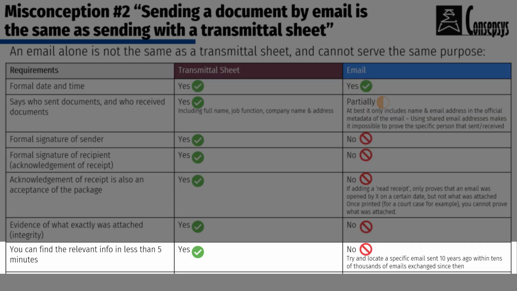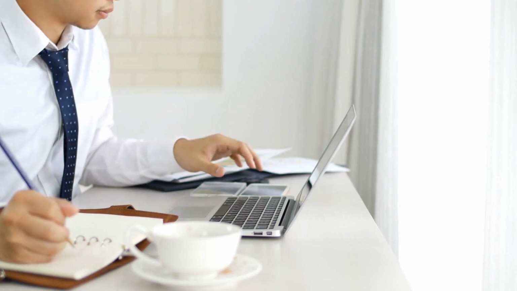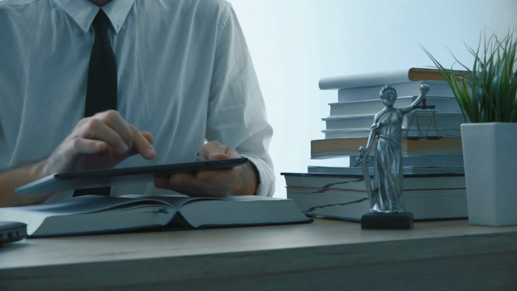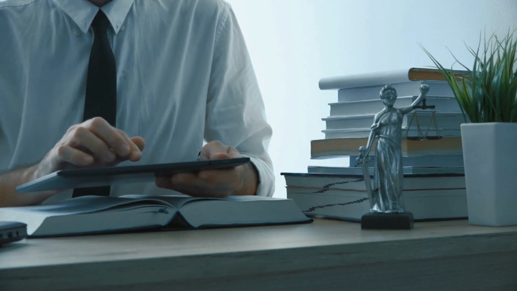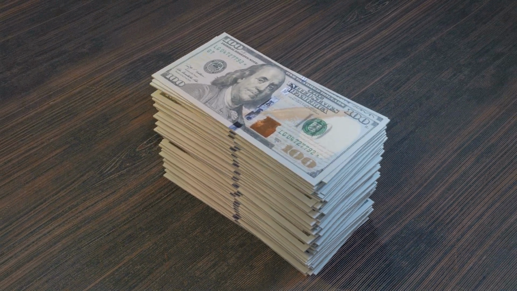A transmittal provides a clean and fast audit trail, which an email does not, especially when a significant amount of time has elapsed. An investigation that long and that complex has a significant cost impact, with the cost of investigators and that of lawyers spending weeks and months going through years and decades worth of emails at costs ranging from tens of thousands of dollars to sometimes millions.